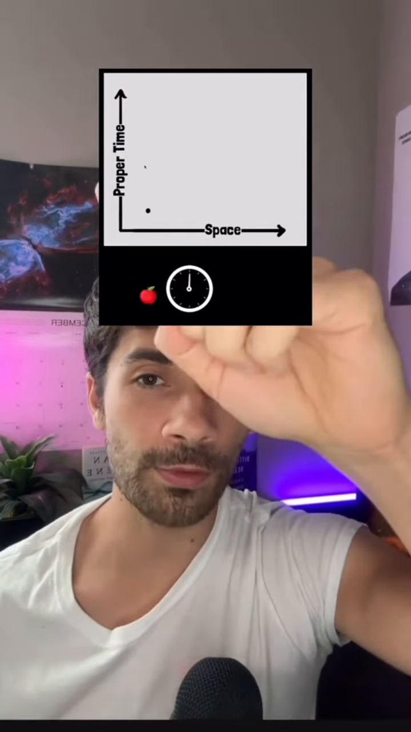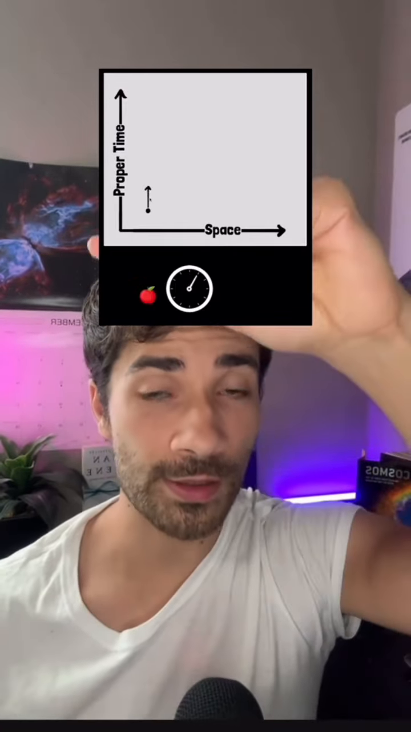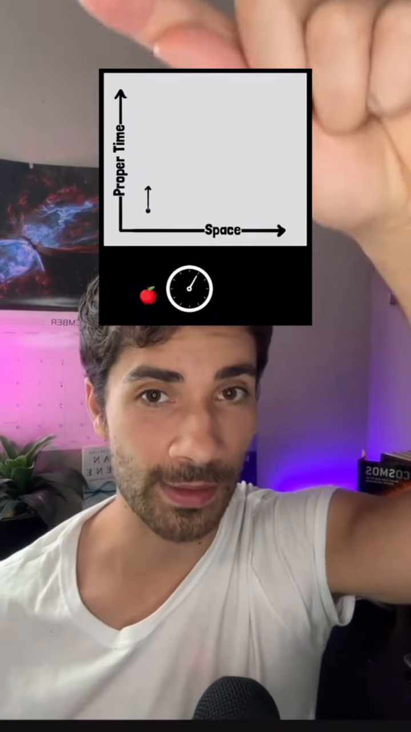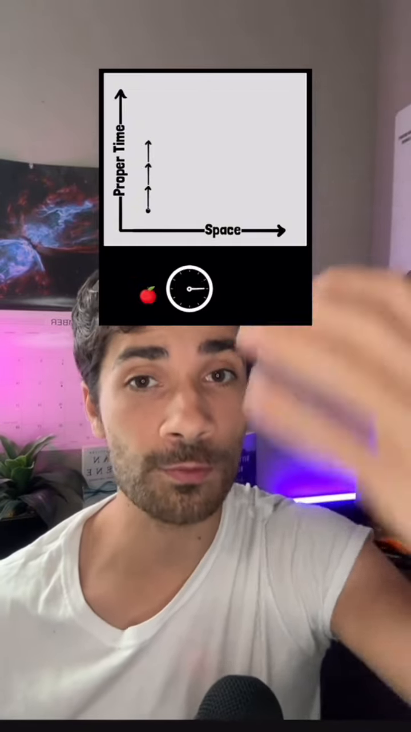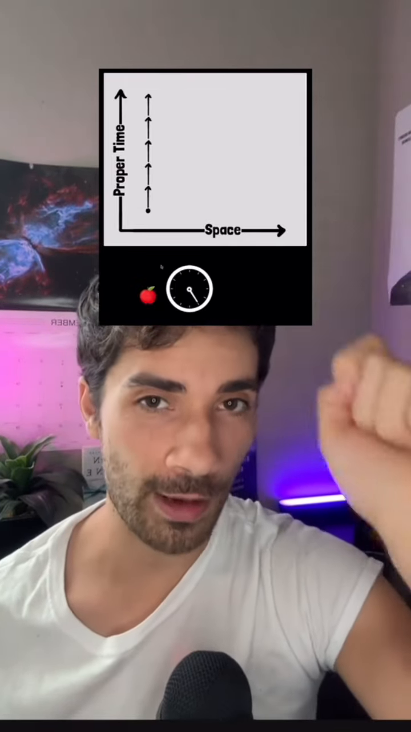Okay, so in this example, you have an object that's just at rest. Remember, even at rest, the object is still moving through time. Okay, so that's what this line means. It's moving through time, even though it's at rest, not moving through space. Now let's introduce another object which